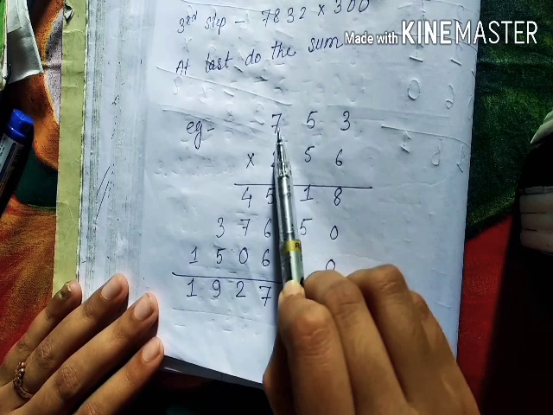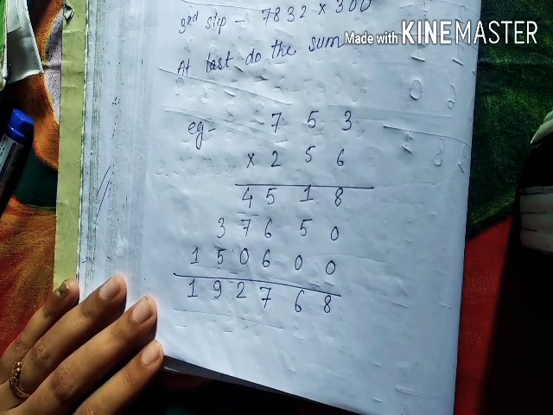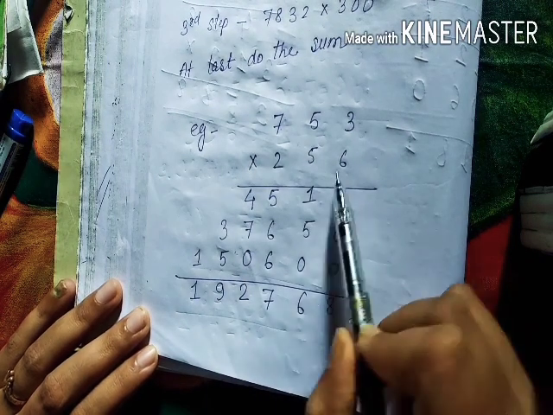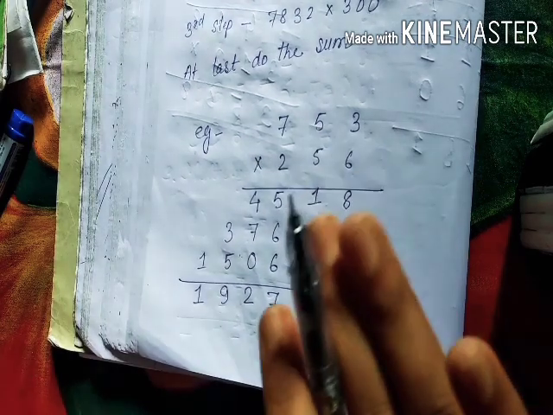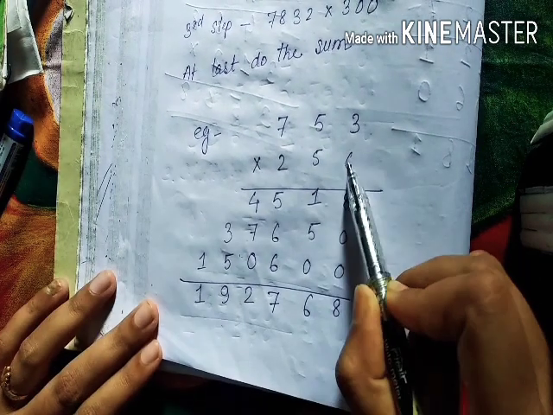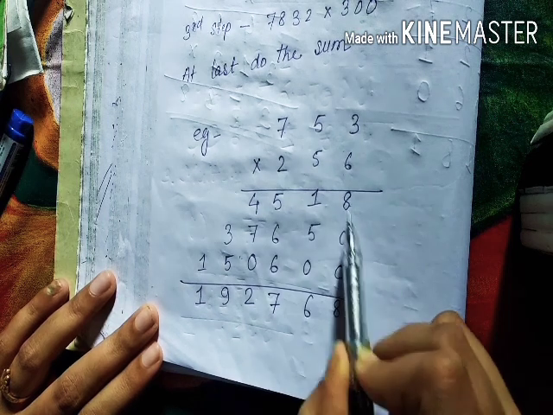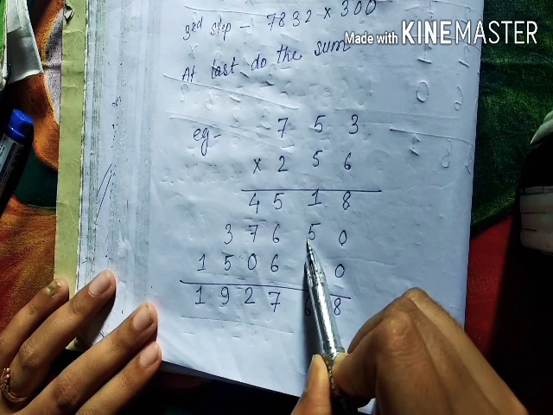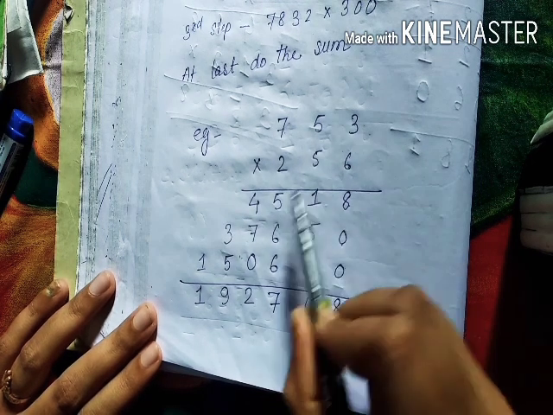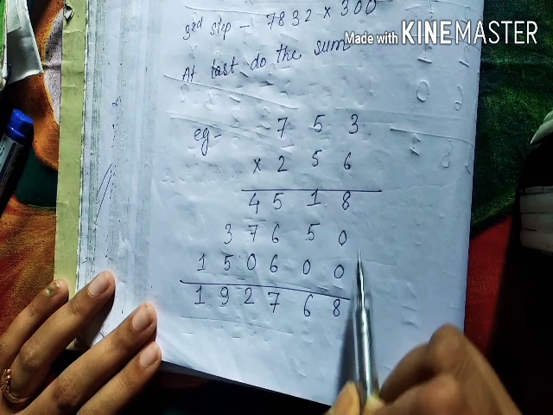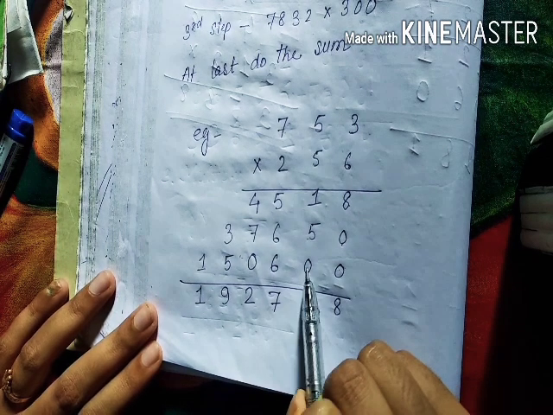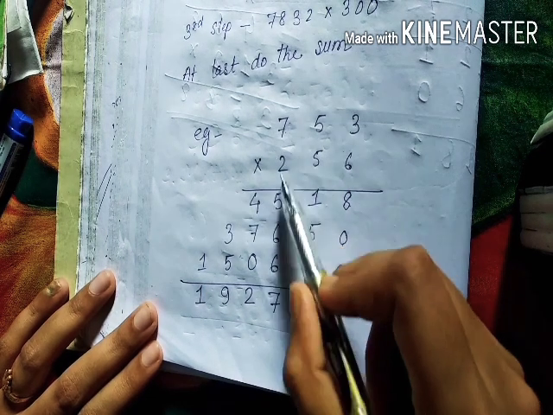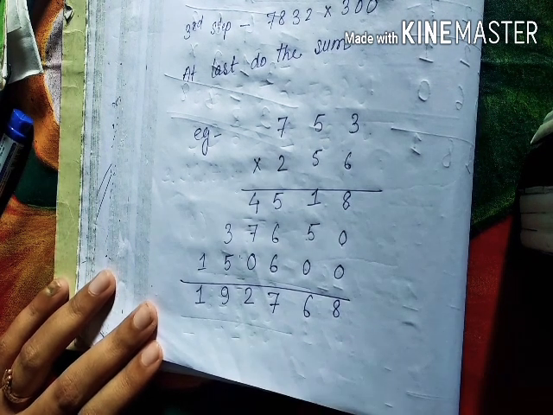Suppose here both the numbers are 3-digit numbers. Okay, so you have to write them properly and then you have to start. As there is no 0, you cannot skip anything. So you have to start from ones place. So after multiplying I'm getting this. Again we have to do for what? Tens place. So I'm putting 0 in ones place and I'm starting from tens place. And after doing that we will do hundreds place. So I'm putting 0 in ones place and tens place, and I'm starting from hundreds place. Okay students, so this way you have to do it, and after that you have to do the sum.